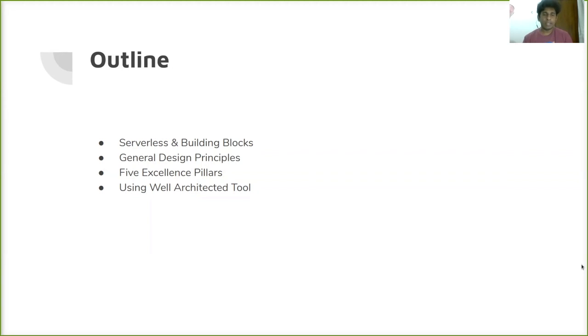And then I will dive a little bit into the serverless lens. I will explain what it is and how, on each different architectural aspect, we can get the best out of it. And finally, I will do a small example demo on the AWS Well-Architected Tool, which we can use